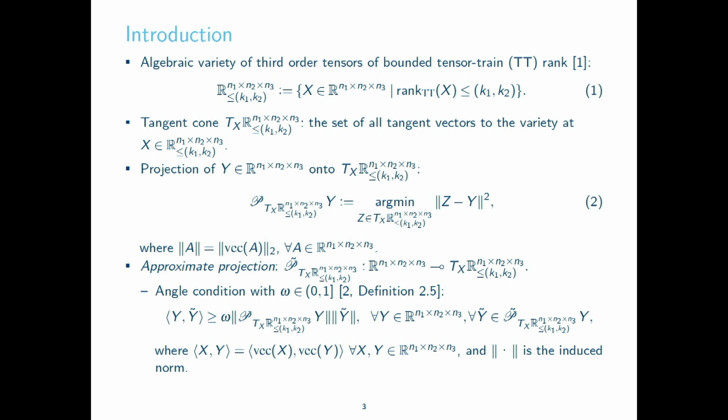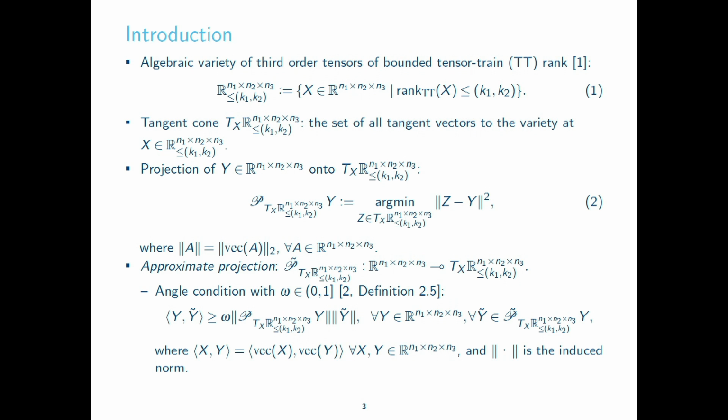So in our work we consider this algebraic variety, which is a set of third order tensors of bounded tensor train rank, which we write as follows. And then the tangent cone to this variety is defined as the set of all tangent vectors at the current point x. And tangent cones play an important role in constrained optimization, for example, to find admissible search directions and to define